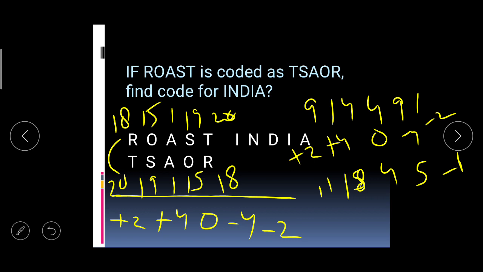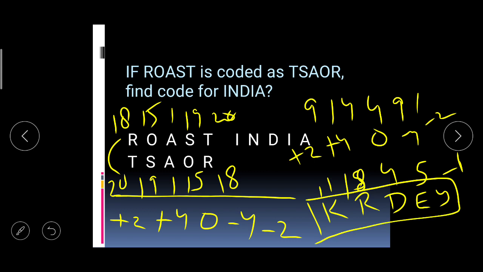So, let us see 11th, what is the position at 11th? That is K, King's 11, you remember King's 11 Punjab. So, you can write K, that is at 11th position. That is a trick to remember the letters, and that is what I am sharing with you. R is 18, D is 4, this is E and this is Y, right. So, this is my answer, K, R, D, E, Y. This is the code for India, right.